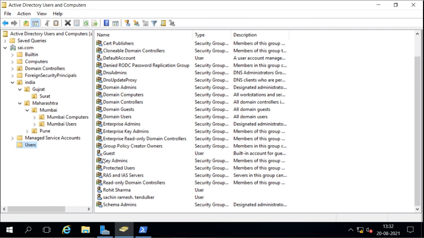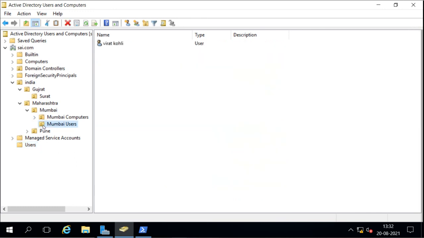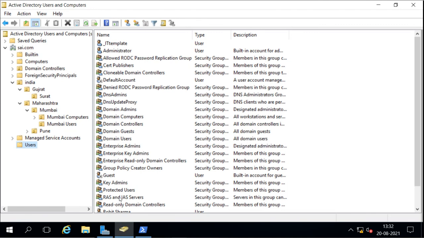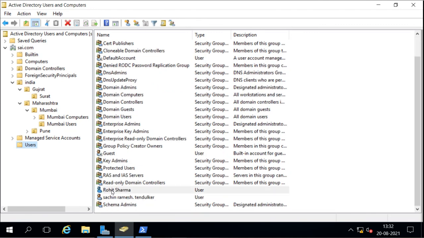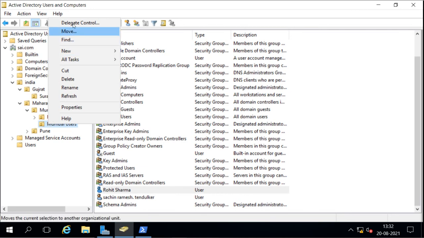Now for managing that, what we have to do is allow some other user. For example, for this Mumbai users OU, I want to give permission to manage to this other user, which is not in that OU. It is under this OU container. I will give this user permission, a delegation, to manage this Mumbai users OU. For that, I will right click on it, and then I will get the option to delegate control. So everything cannot be managed by a single administrator. So the administrator gives delegation to different users.